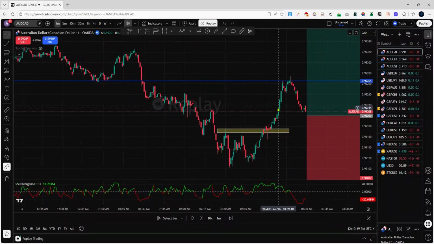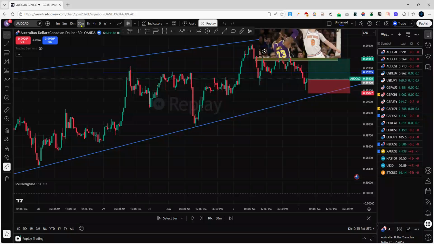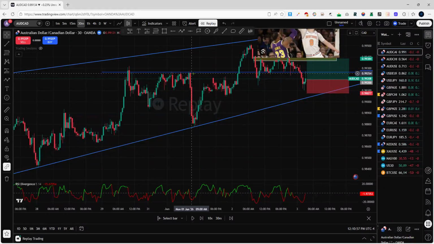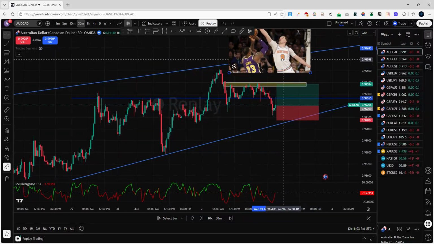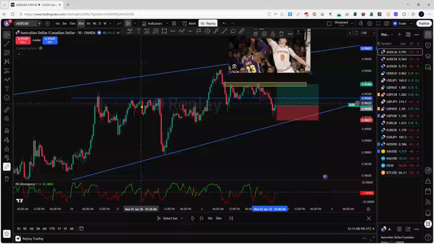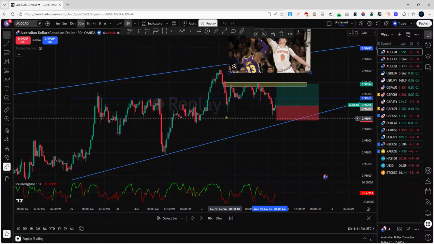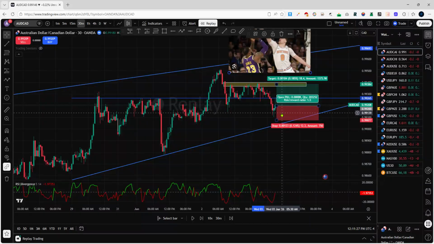So at this point, what I could have done is I could have considered this right here. Okay, we got two zones. All right, let me put number 8 right here. We got two zones, right? We got bam, price goes down, bam, price goes down, bam, price goes down. Then we got this zone up here, bam, price goes down, bam, price goes down, bam, price goes down. So I'm like, okay, in order for this to work, and we're down here, what I could have done is, once I'm dropping to pretty much this point,